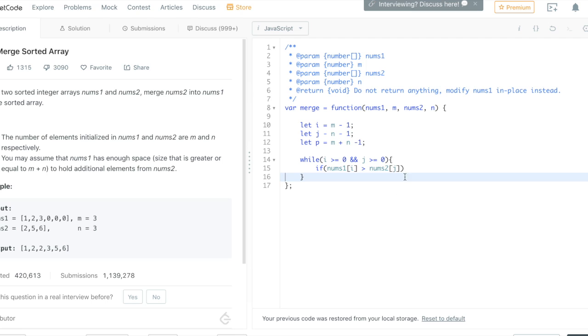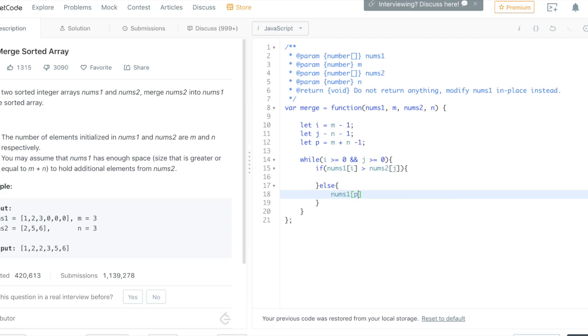So here we're comparing the last values in our arrays of 1, 2, 3, 2, 5, and 6. We're comparing 3 to 6, and we're seeing which one is greater. In this situation, 6 would be greater. So that would be handled by our else condition, where nums2 has a greater value. That's handled down here, where we do nums1